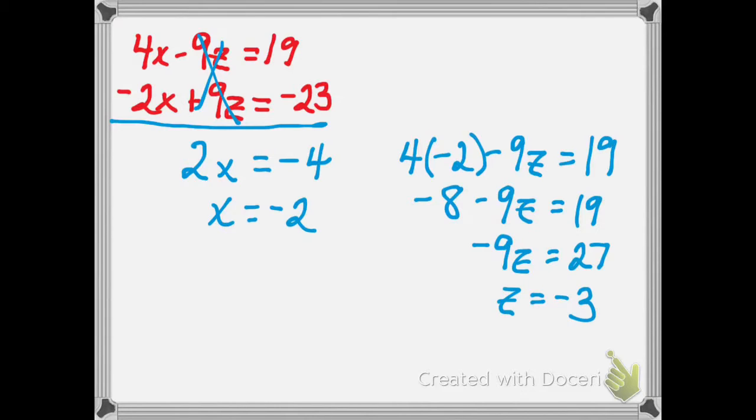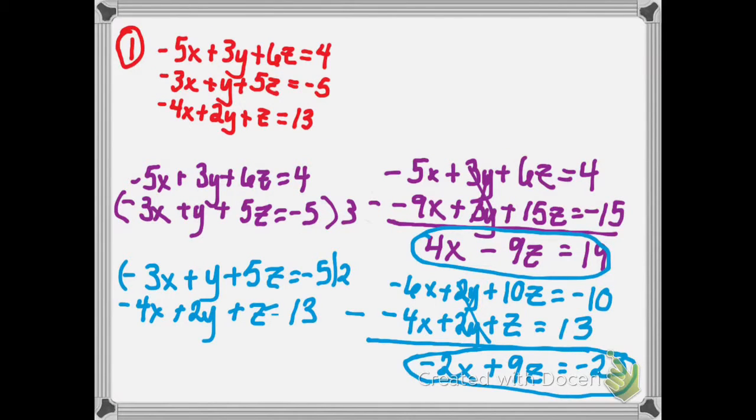So now you're going to take both of these, negative 2 and negative 3, and you're going to go back to your original equations and plug them in. So I'm just going to do it in the top equation. So I have negative 5 times negative 2 plus 3y plus 6 times negative 3